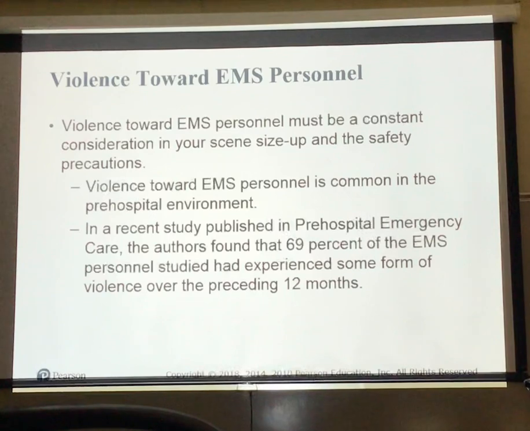Verbal was 67, physical violence was 43. The types of physical violence include punching, slapping, or scratching, spitting, biting, being struck with an object, stabbing or attempted stabbing, and shooting or attempted shooting. I can tell you that in 20 years of EMS, I've had knives pulled on me, I've been punched, I've been spit at, I've had guns pulled on me, they shot through the back of my truck one night when I worked in Jackson.